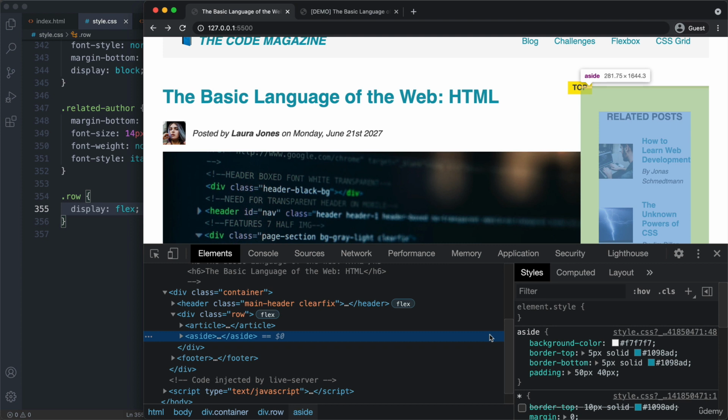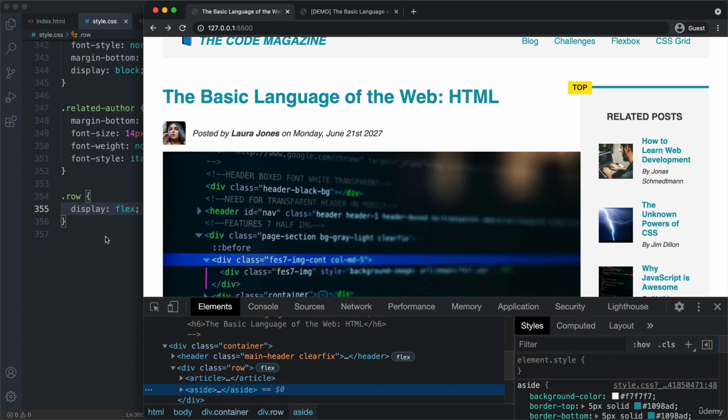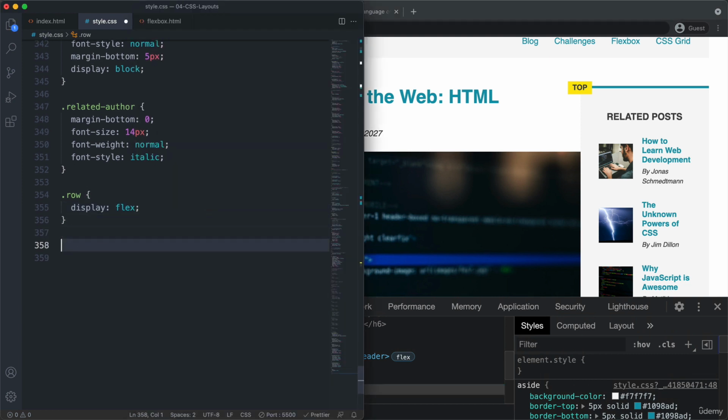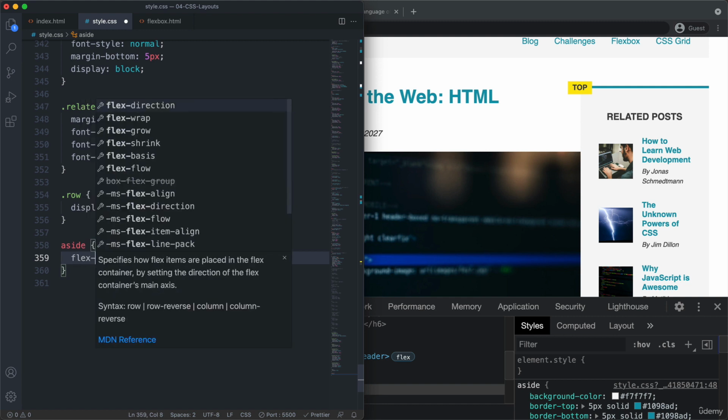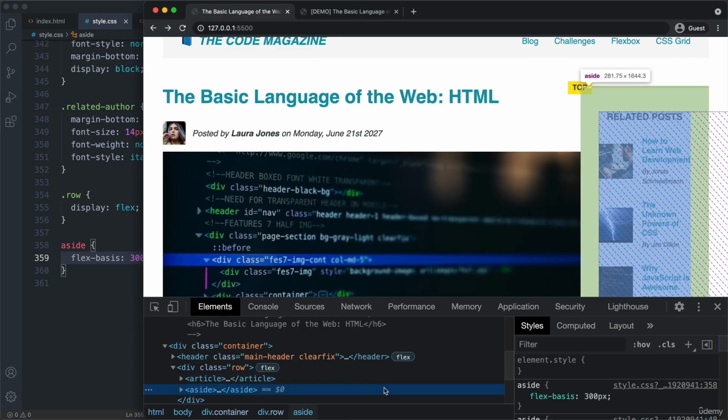So just like we did before when we did it with floats, right? So let's specify the width of the aside. And now remember that for flex items, we should not use the width property, but instead use the flex basis. So that would be flex basis 300 pixels. Let's see if that works. And it doesn't seem to work, right? So it's still at 281. And the reason for that must be that